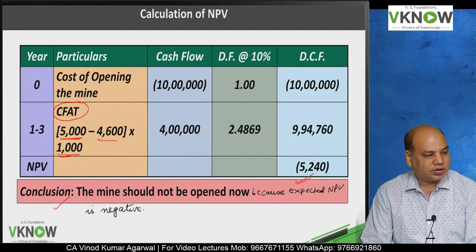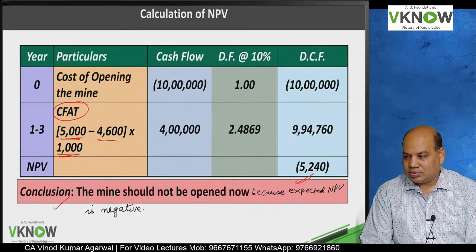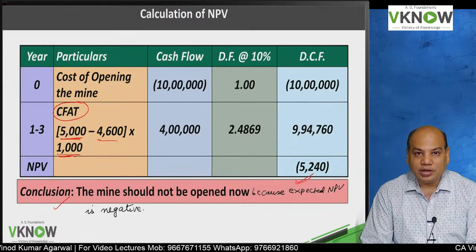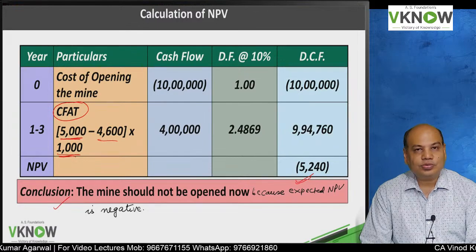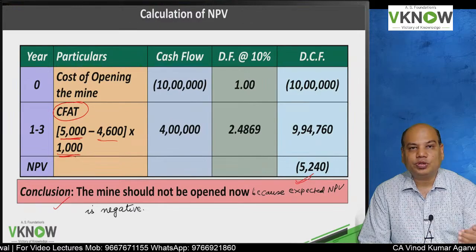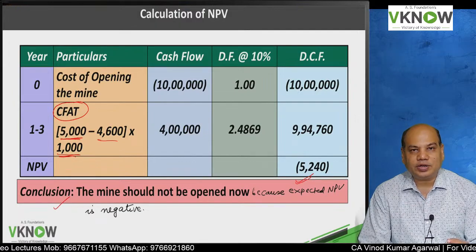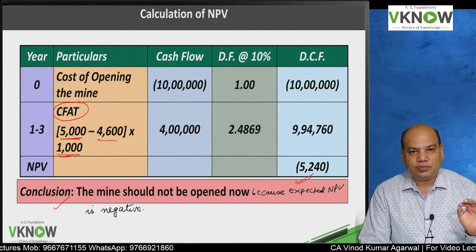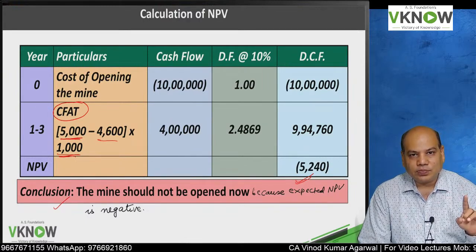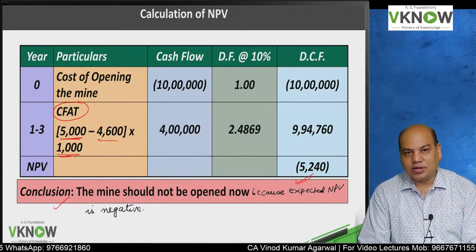So this is my first answer. We have to give 4 answers. NPV if you start the mine now, but without abandonment option. Now we are going to calculate NPV if we postpone the opening of the mine for a year. If I postpone the opening of the mine for a year, I will be able to know whether the gold price has risen to 5,500 or gone down to 4,500. Is it right?